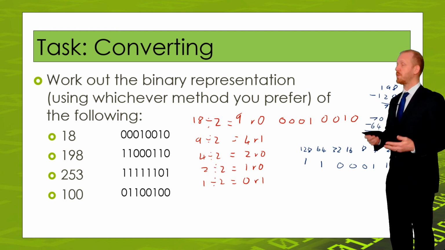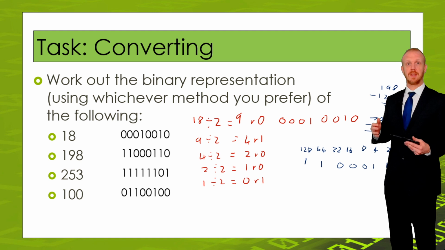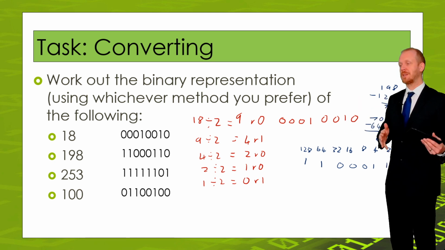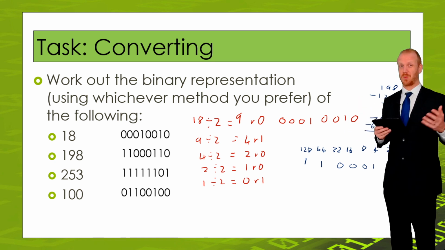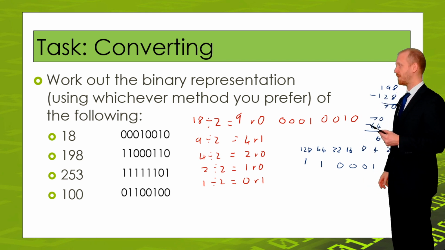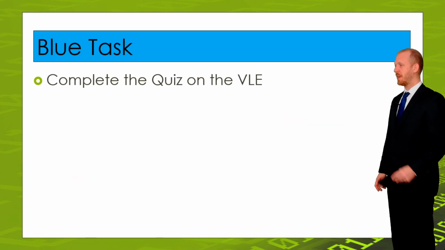So that's all the skills I need you to learn for this particular lesson. Being able to count up in binary by adding 1 to the previous one, be able to take a binary number and convert it to decimal, and be able to take a decimal number and convert it to binary. It's quite a lot, but we have done all that back in year 7 before, so this isn't the first time through it. So your main assessed task for this lesson is just to complete the quiz